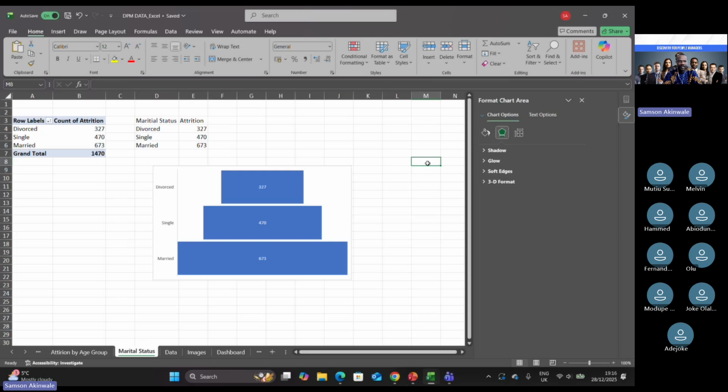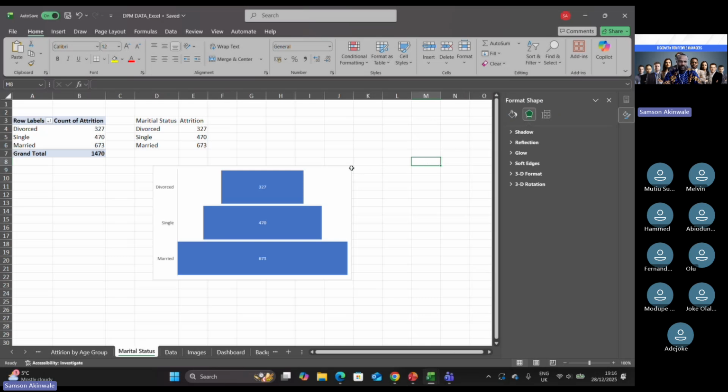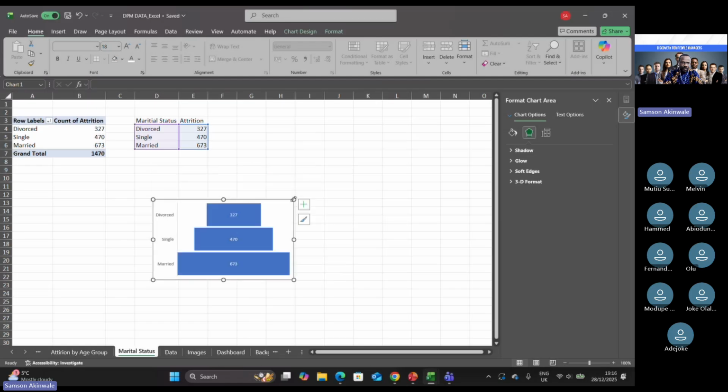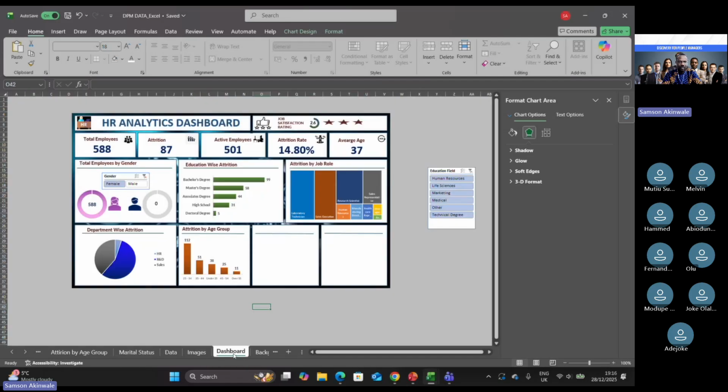So this looks fine. The next thing is no grid line. You can just click the chart again, reduce it a bit this way, then copy,